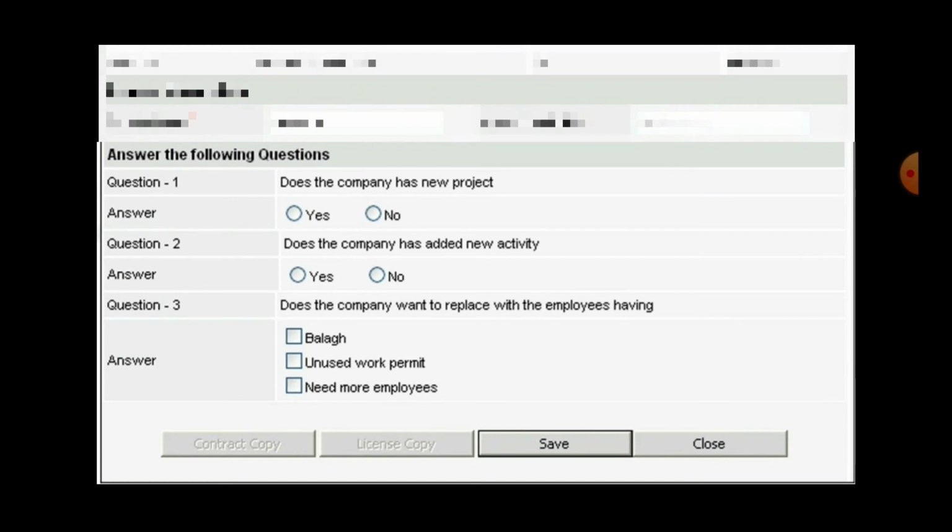This is the procedure to apply for the quota for less than 50. When you save this button, then as per the quota fees you have to pay in dirhams. It is 200 dirhams per employee. I am talking about the people who have their username and password. For the Tahsil section, they have a different scenario. They charge some extra money for the commission and for the submission purpose.